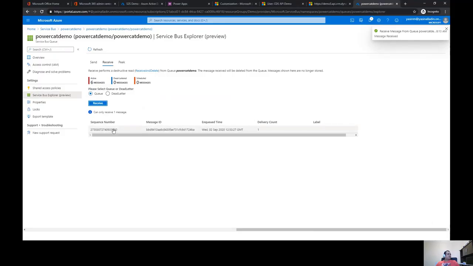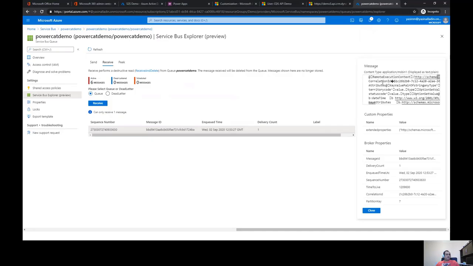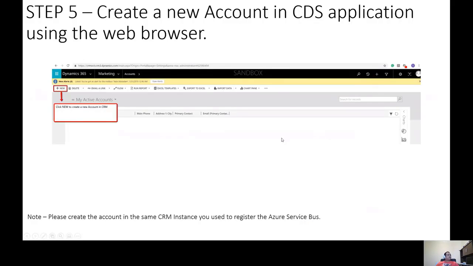One message is received, and when I click on it, I can get all the properties of the account entity that I can use and consume. If I have a listener available, there are samples, and you can see the whole XML payload. So that's how you would do a messaging type of integration out of the box with CDS.